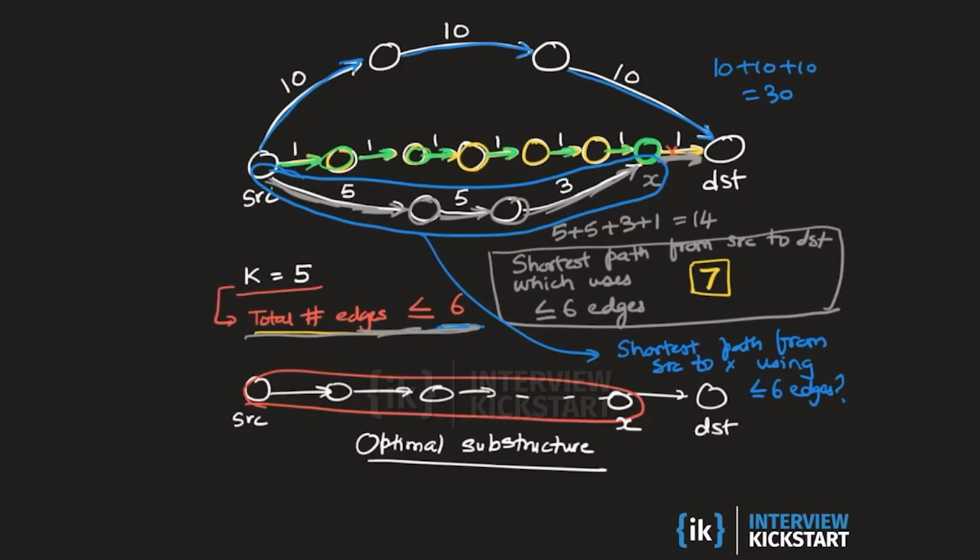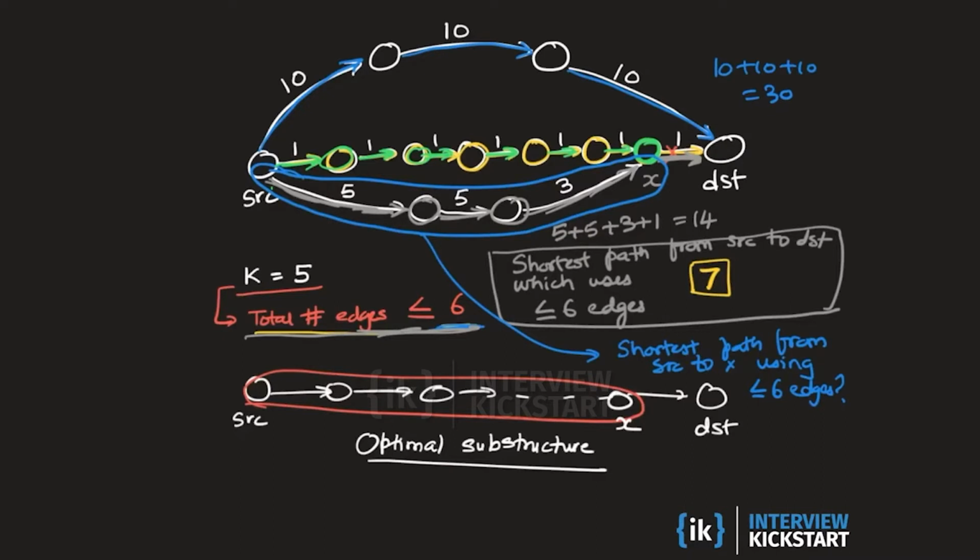The shortest path from the source to x satisfying the given constraint is composed of the green edges. The shortest path from the source to the destination satisfying the same constraints is given by the gray edges. So you can't build the gray path by taking the green path and extending it by 1 edge. It is a